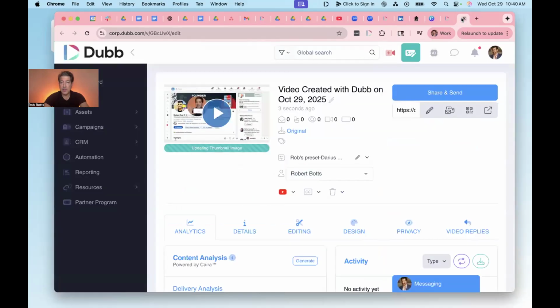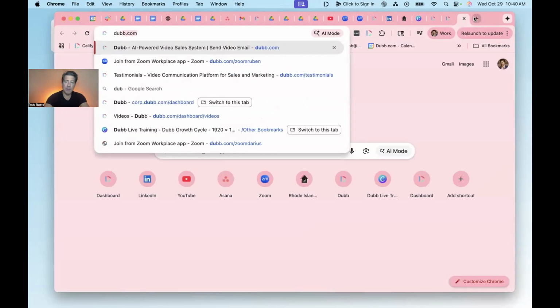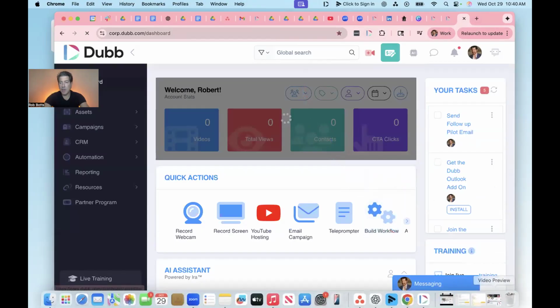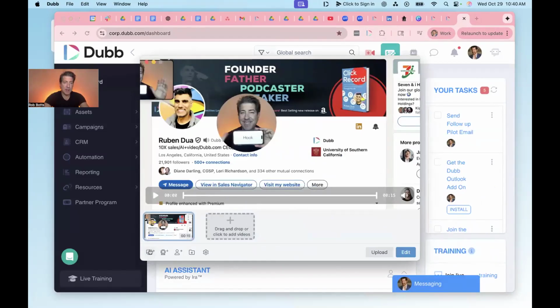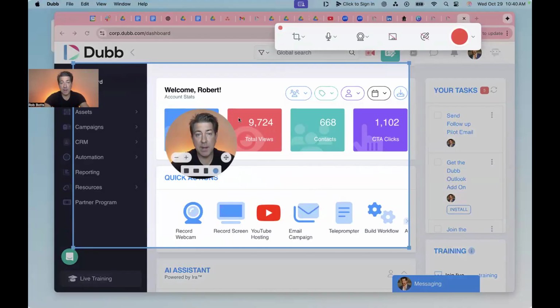So what I can do is I can open up another tab, right? I'll open up Dubb. And let's just say I want to talk about his company a little bit. So I pull this up here, right? I go right down to the bottom. See where it says record screen video, bottom left corner right there? This is if I want to do another clip like this one, a screen recording. I'm going to click that. It's going to bring me right back here. And now